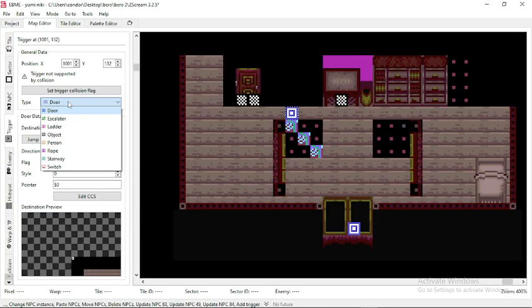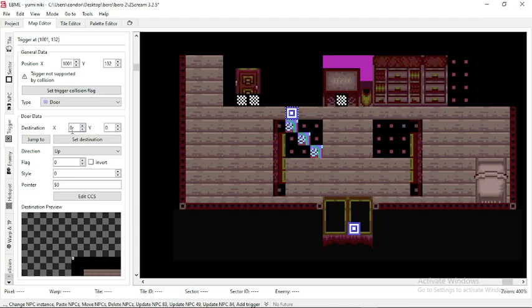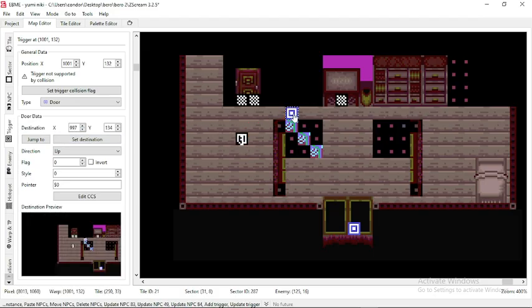Anyway, doors. Triggers are doors, escalators, ladder, object, person, rope, stairway, or switch. Doors are pretty explanatory. There's the destination. You can set a destination by clicking on here. You need to set a trigger flag, I think. Yeah, triggers can only function if they are over the correct